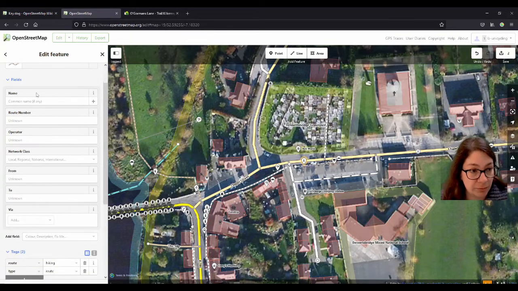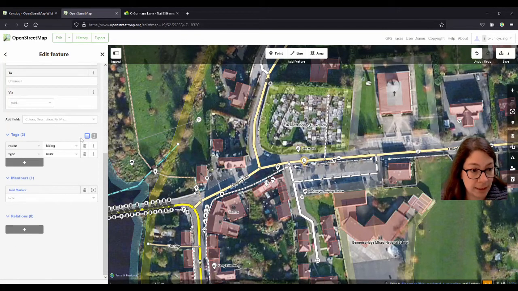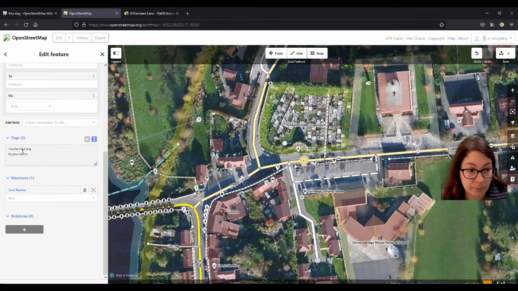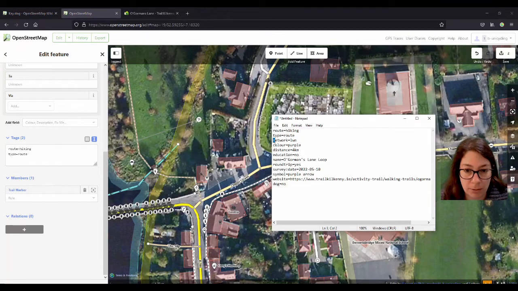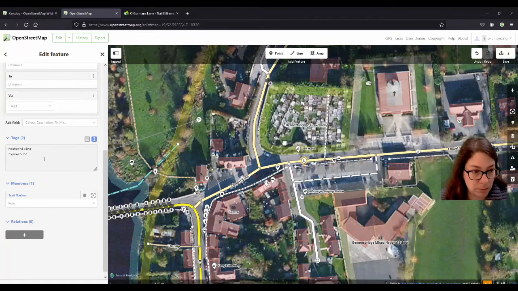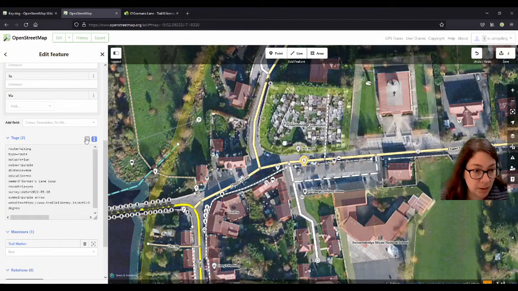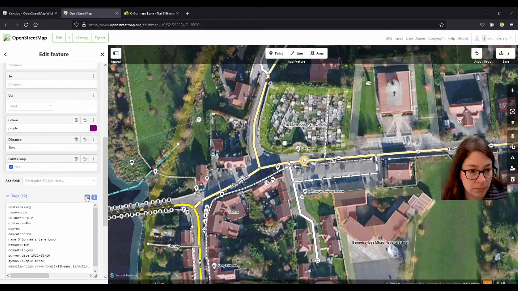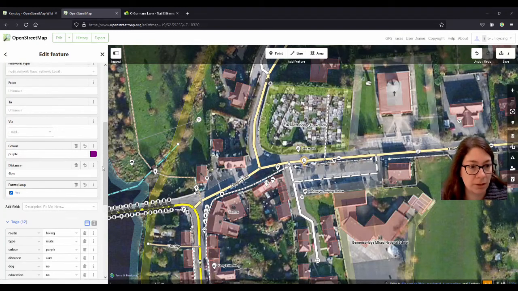And instead of copying and pasting every single key into all the fields, I scroll down here to tags and switch over to the text mode by clicking on this symbol here. And you see two are already in there, so I could just leave them out, the first two. So I'll just go down here and copy all of those and go into the next line and paste them. And then I can switch back to the list mode. And again, I think you usually have to click twice.